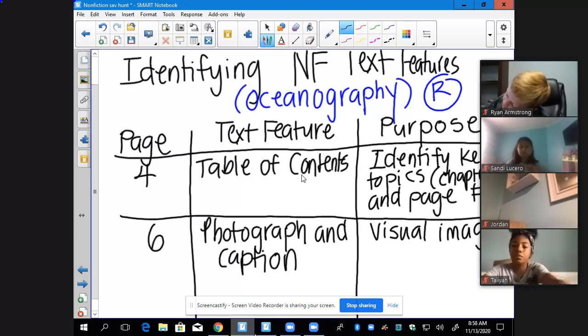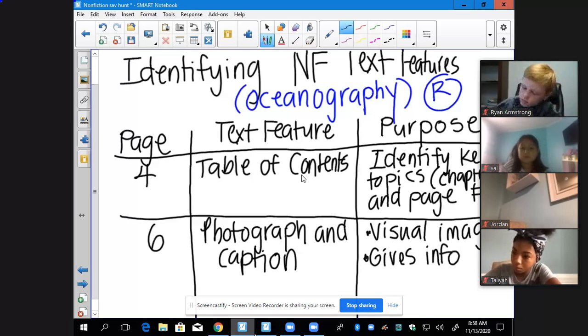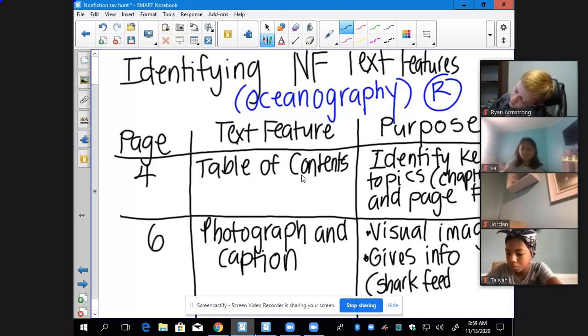And the purpose of the caption is it's giving you information about what you're looking at. In that case, what was it telling us? It was showing us the shark and the diver, right? Feeding the shark. So the caption gives, and I'm going to put a bullet here and a bullet here because this one is for photograph and this one is for caption. Gives info. I'm just going to write info instead of information. And in parentheses, I'm going to say shark feeds diver. Also, we put caption gives